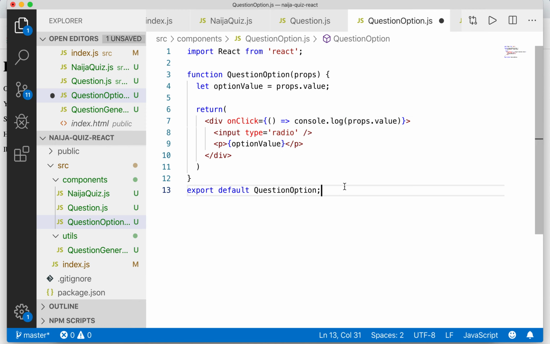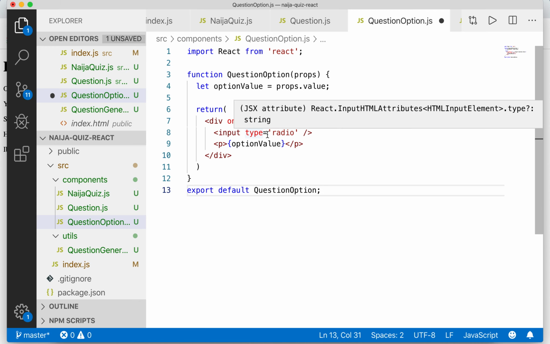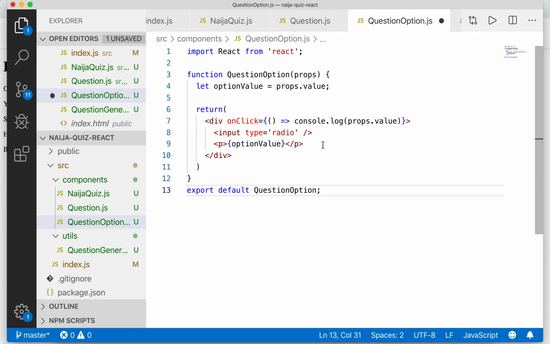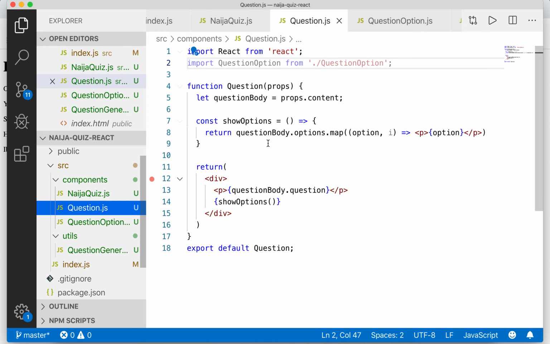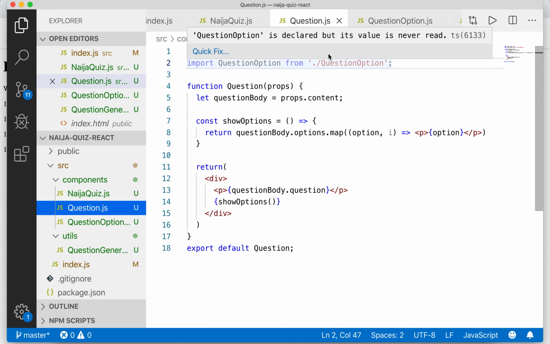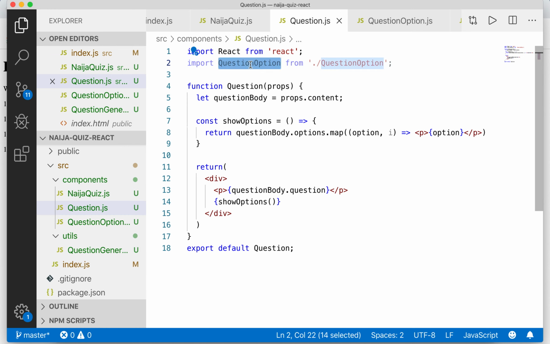Okay, good. So for now the on-click is just going to do a props log of the value of the props. But later on, what we want to do is a little bit involved. So at every click we want to move to the next question, and also we want to score the user. So in this question, where we imported the question option, we can replace this p tag